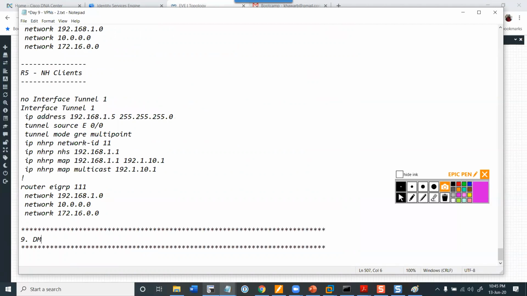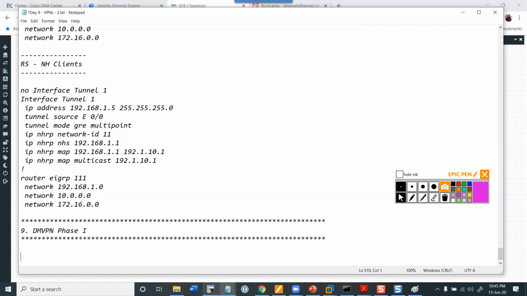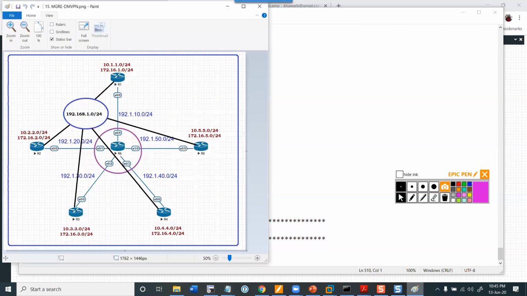So DMVPN phase 1. We'll start with phase 1. This basically takes a look at your flows. Now, in terms of control plane over here, guys, control plane meaning the route exchange. My control plane,